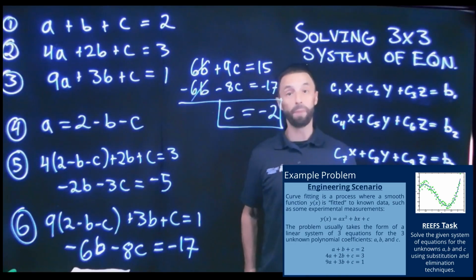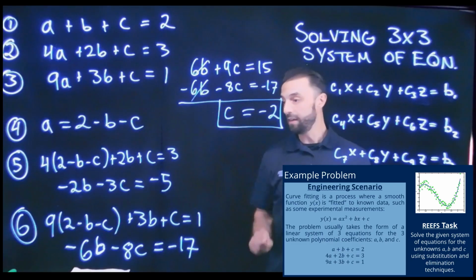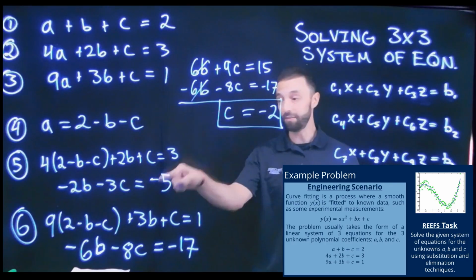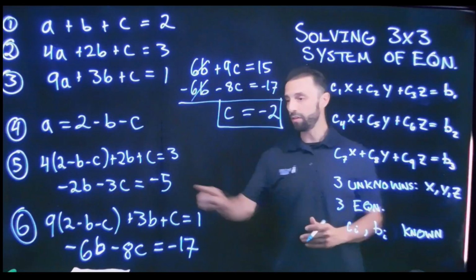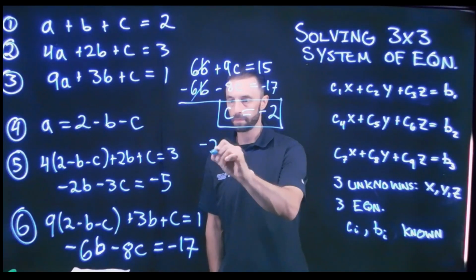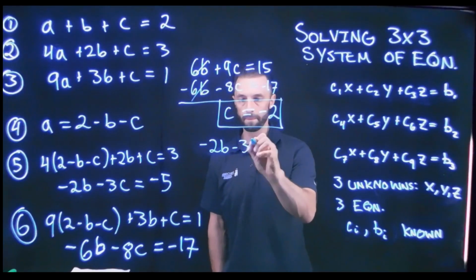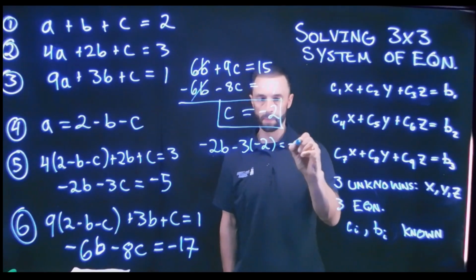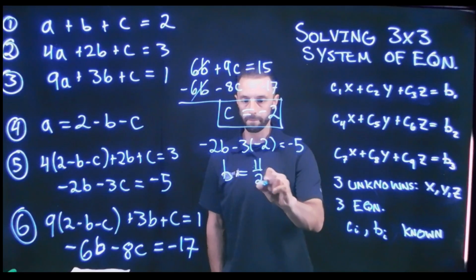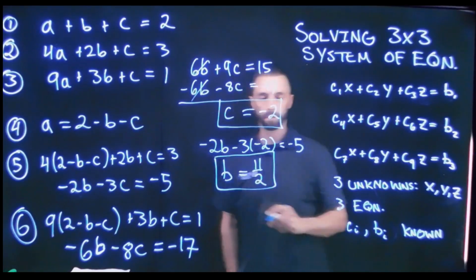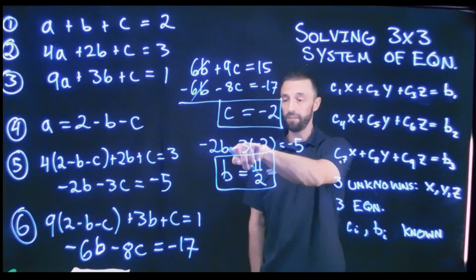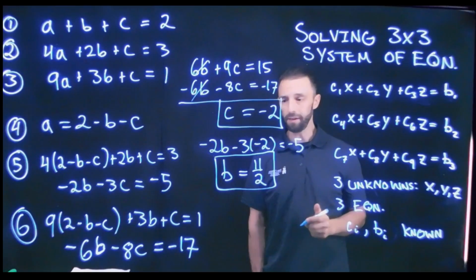And now we do what is called back substitution. We take c and go back to one of these equations. Either one will work. We can use either one, plug in c, and solve for b. So let's choose this equation here. So again, I skipped a few steps, but we plugged in c into this equation, solved for b, and got